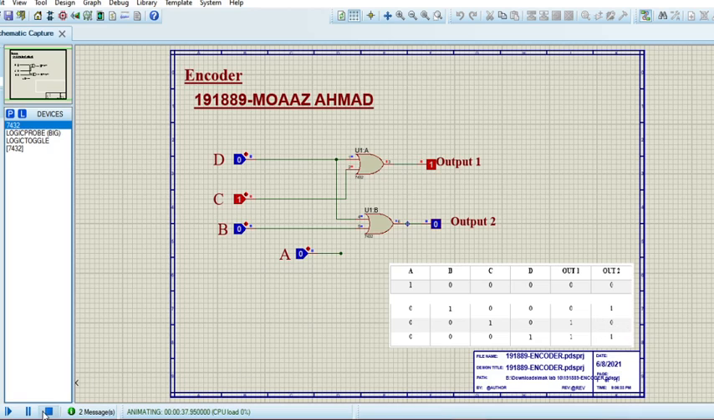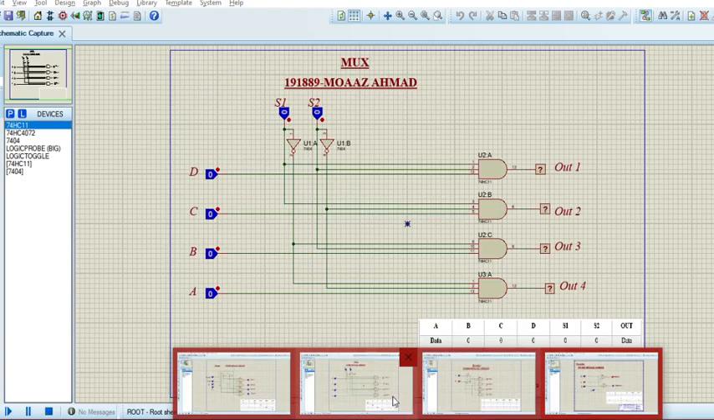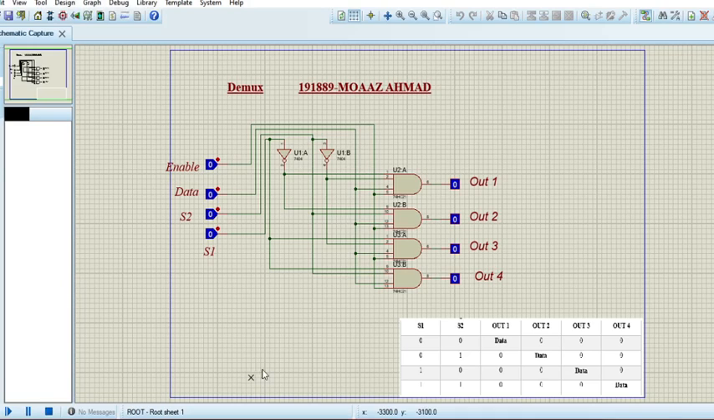Now let's move on to the third circuit, which is the demux. I have it right here, and we can see that we are using two selectors, S1 and S2, and one enable and one data pin, and we have four outputs in total. The truth table is also given right here for our convenience. Now if I run the simulation,